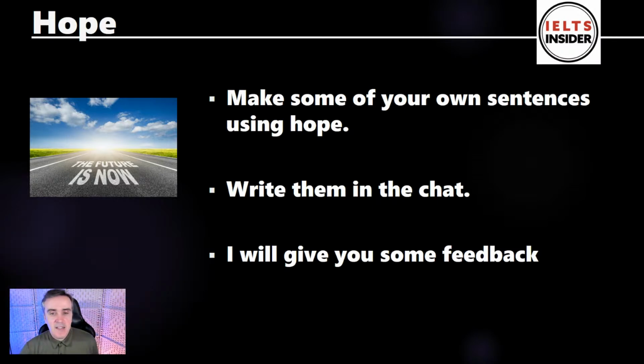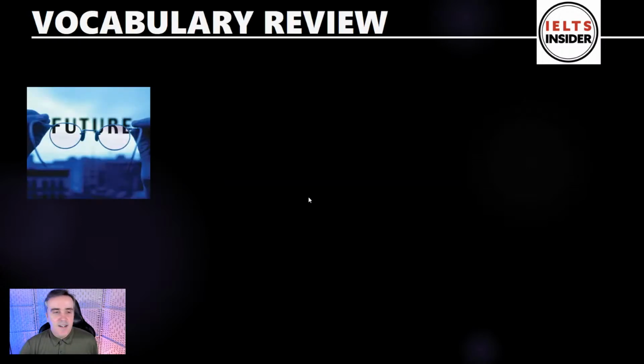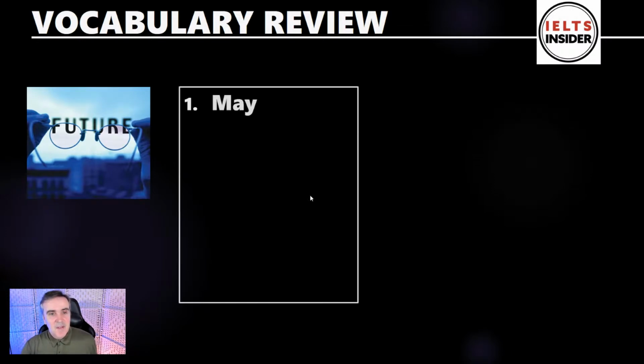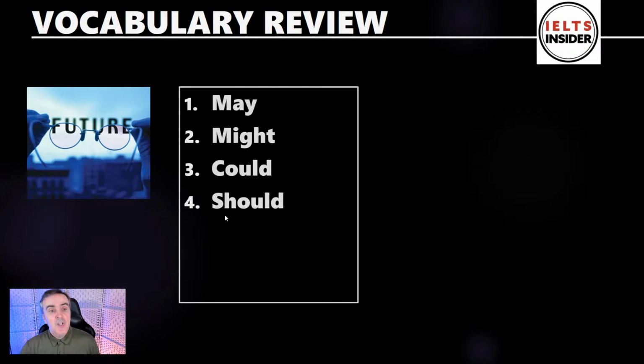Great sentence there. So, those were our words that we can use to talk about the future. May, might, and could show that something is possible, but we're not sure. It's expressing uncertainty about the future. Should is quite similar, but it's saying that there's a high chance that it could happen. So may, might, and could, think about that. It's 50-50. It's unknown. Should, to talk about the future, there's a higher chance, maybe 70 or 80% chance.